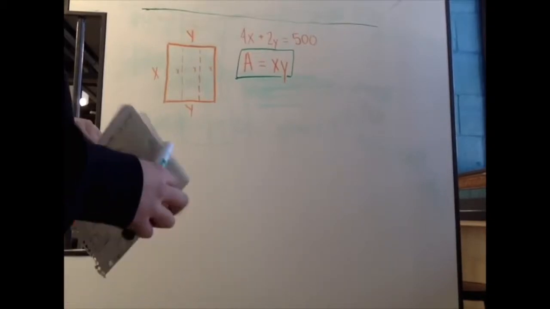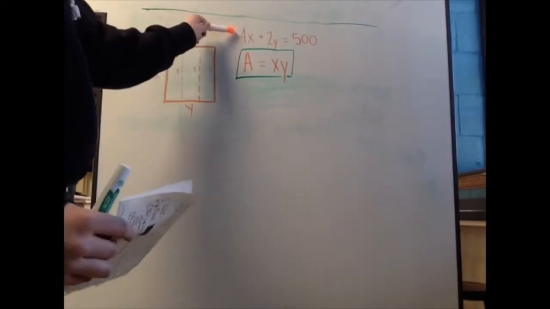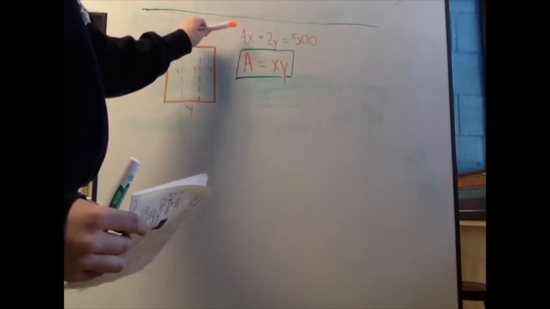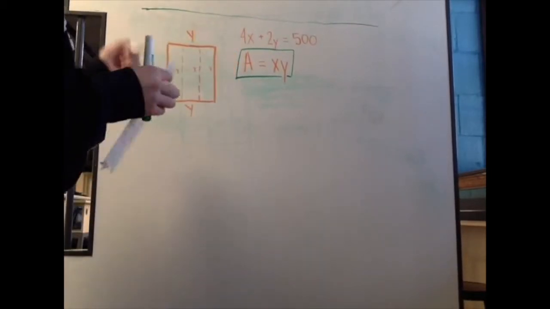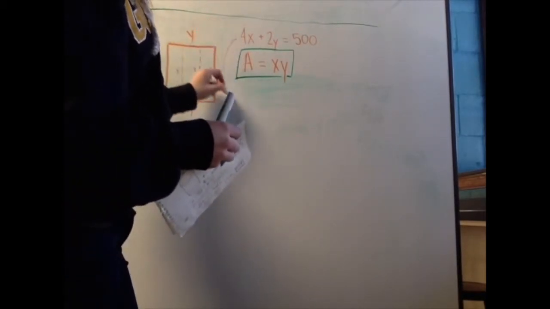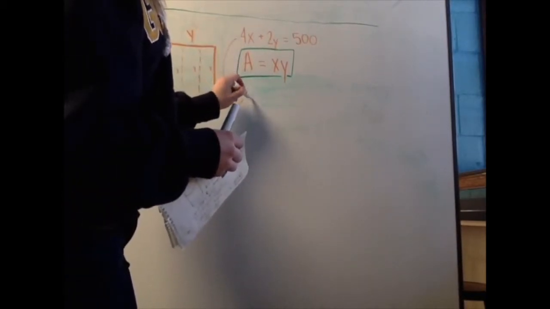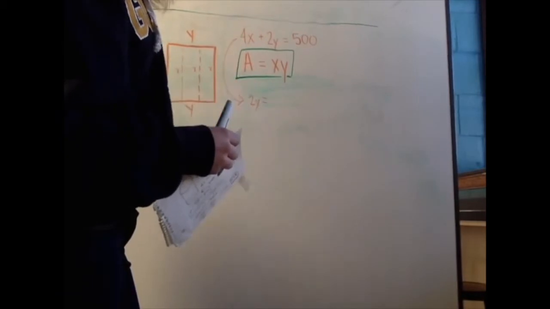Given 500 feet of fencing, you need to make an equation adding the 4 widths and the 2 lengths, and the equation you need to maximize is the area, which is x times y. And from the 4x plus 2y equals 500,